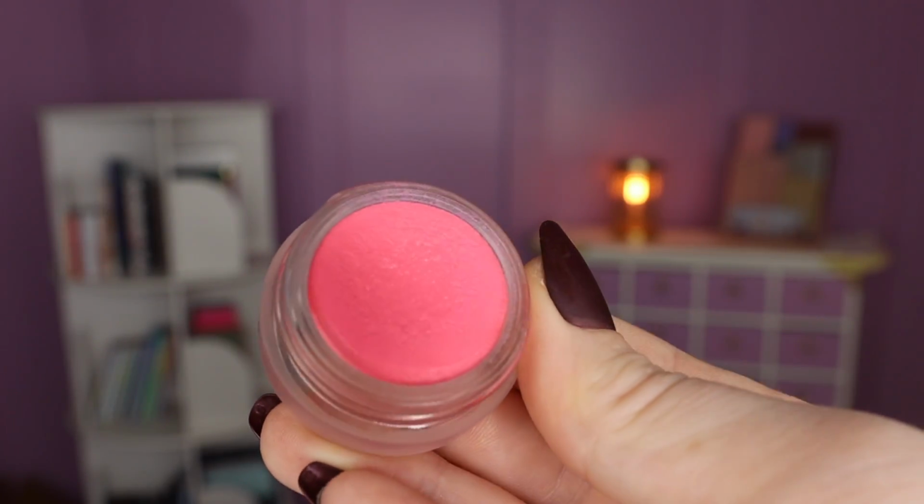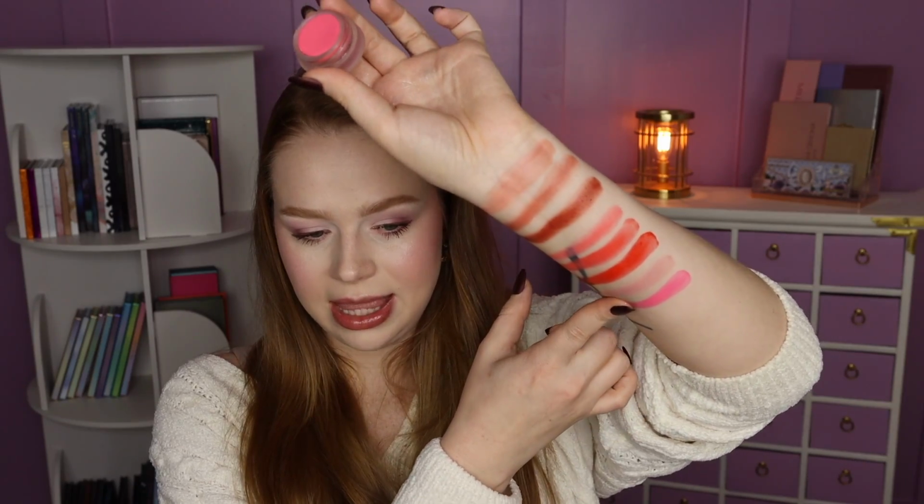Next, we have the shade Attitude, which is to me the true hot pink, Barbie pink color. So bright, but it just looks gorgeous. This is the viral pink blush that's all the vibes right now. Look at that. That is Barbie in a blush. 100%. I know it looks very intense there, but you can definitely make it more wearable and a little softer. These are also really fun to go in with a lighter shade towards the apples of your cheeks, and then something a little darker towards the back of your cheekbones. I've gone in with both of these pinks multiple times and done a little ombre effect, and it's stunning. And because they blend so well,